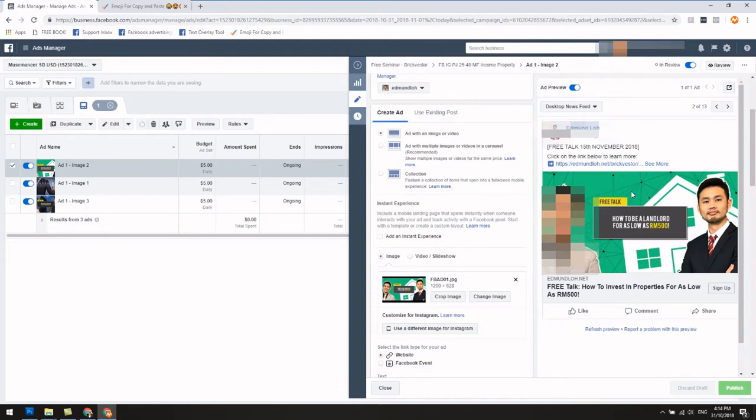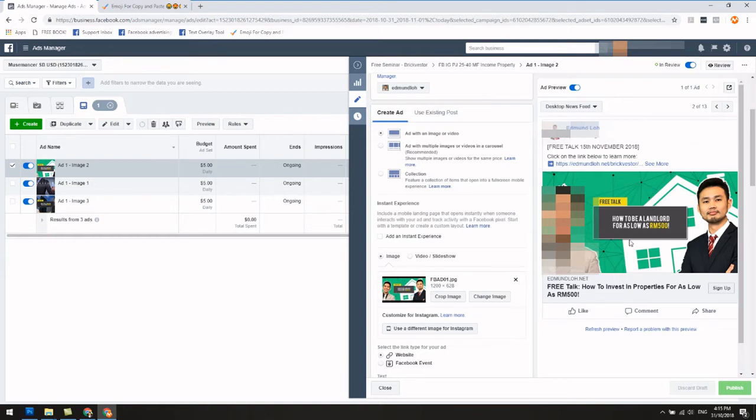What happens is that when they have all these ads running, and people start to like and comment, they will then see another similar ad but without the history of it, because they are actually different ads altogether. All right, so I'm going to say it again because this is a part that a lot of people don't